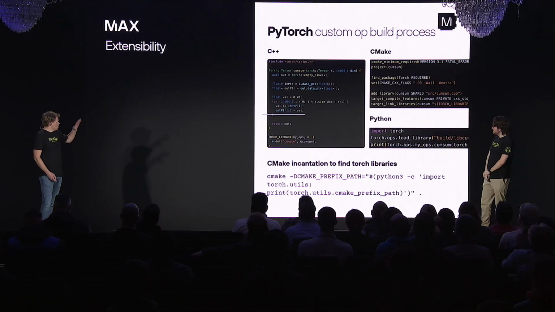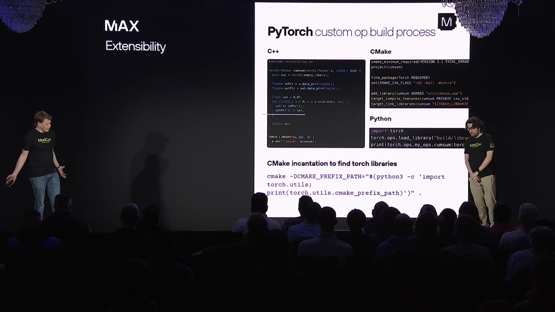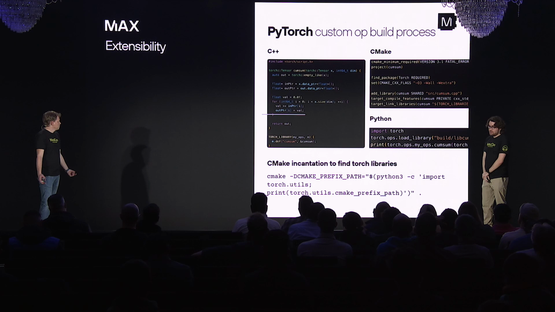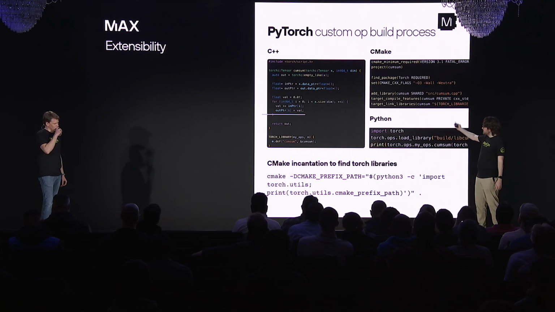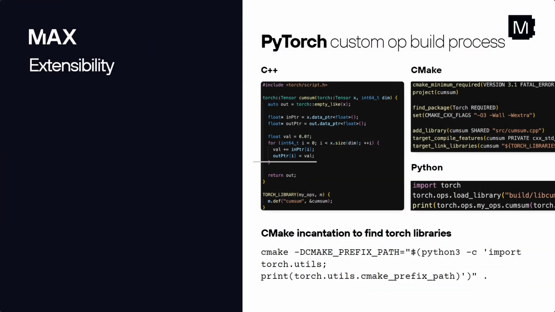Okay, so let's talk a little bit more about the full package story here. So this is the PyTorch build process. We have the C++ kernel, which is taken and compiled via CMake, and you launch the CMake using the CMake command, which then itself launches Python and finds the path to torch on your system and then propagates that to the C++ compiler, which then gives it to the linker, which then includes torch, and then builds this thing. And then finally, once you build it, you have a platform-specific binary, which you can then include in Python,